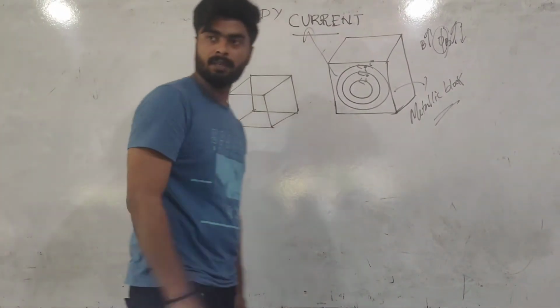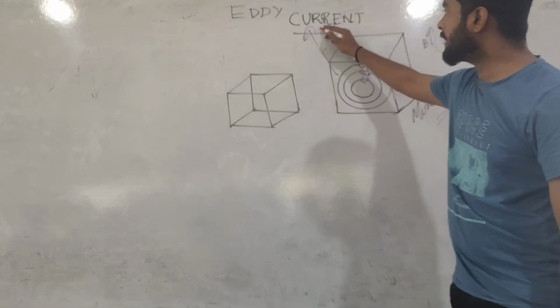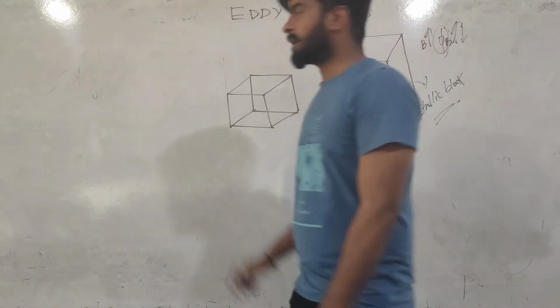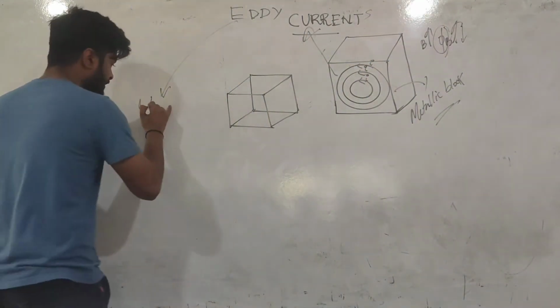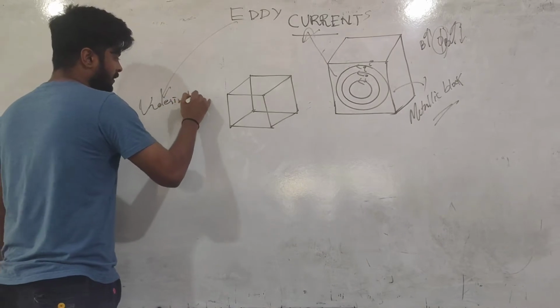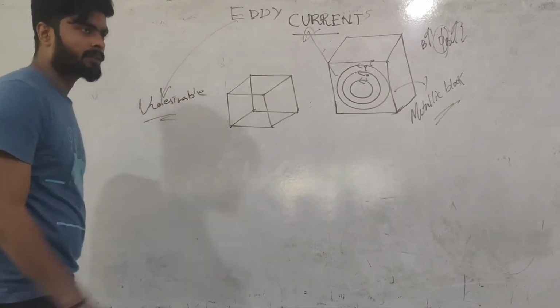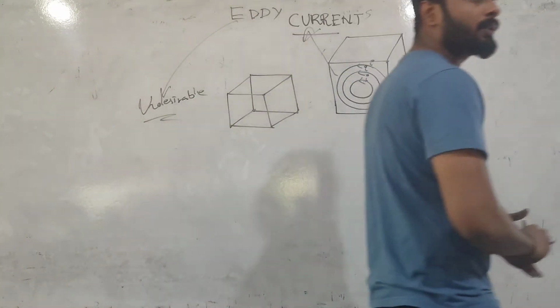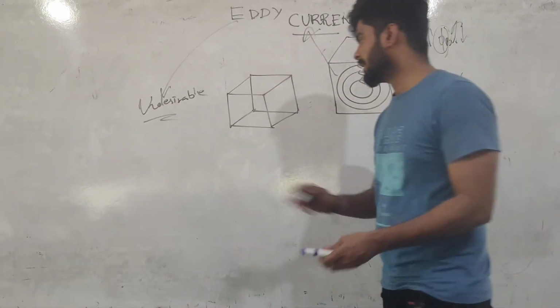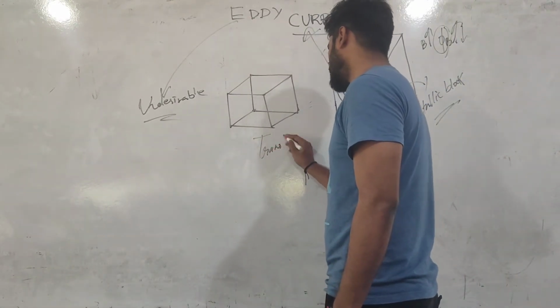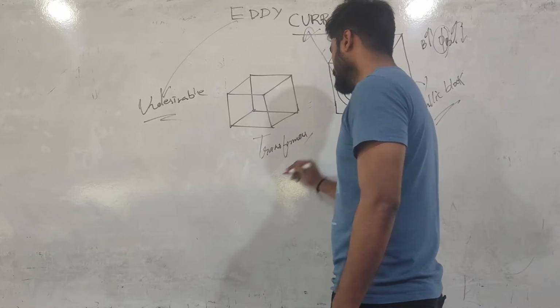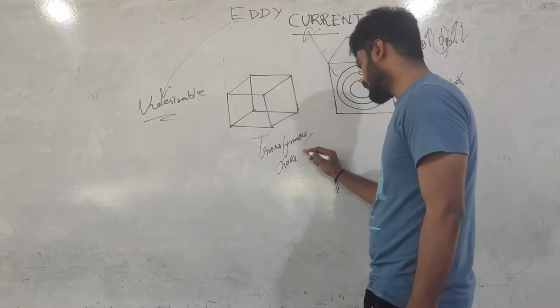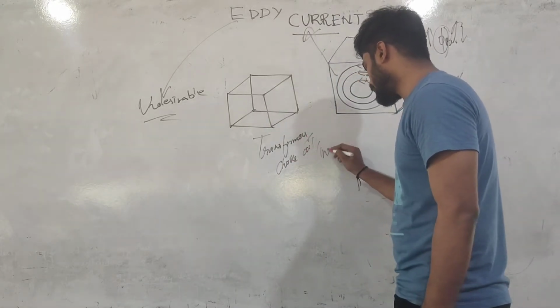And such kind of circulating currents are called eddy currents. But these eddy currents are undesirable, not useful currents. They are useless currents, because in most of the transformers, choke coil or induction coil,